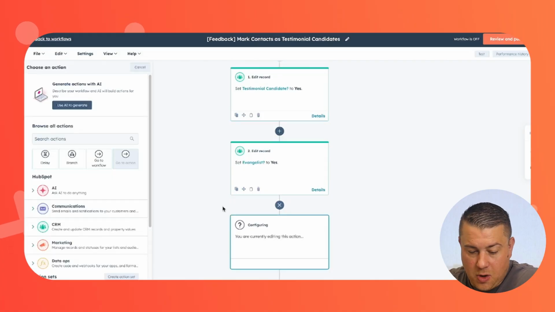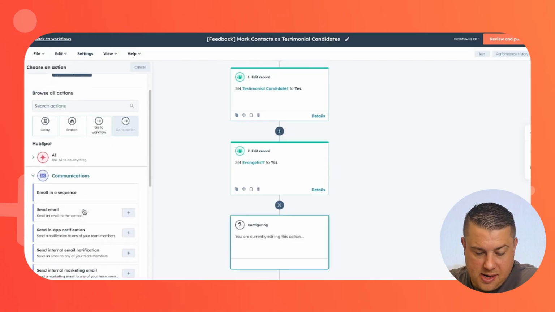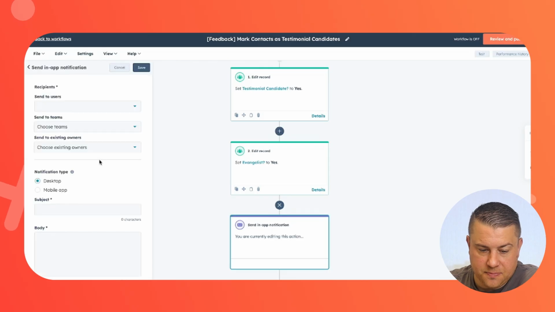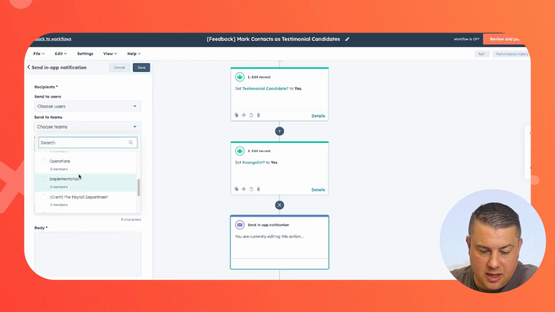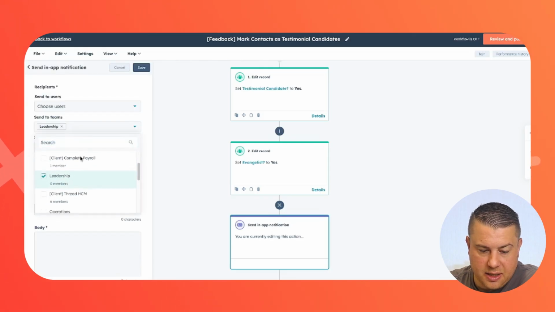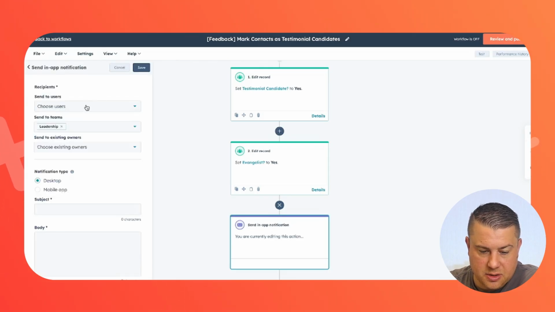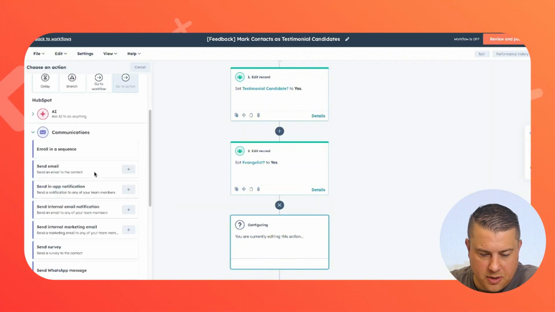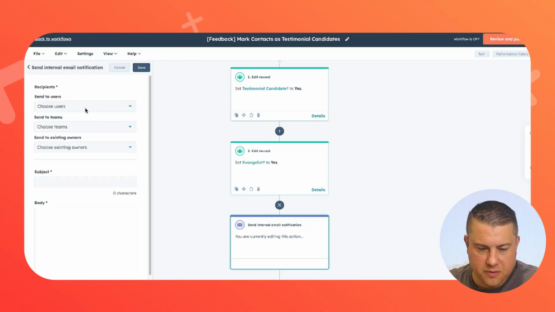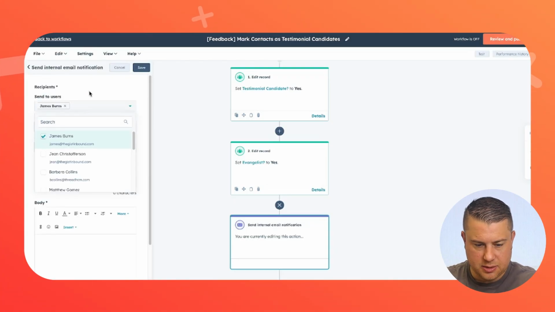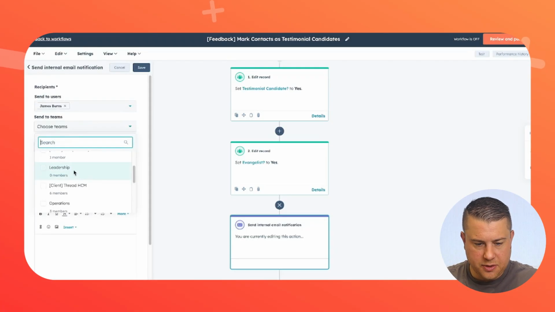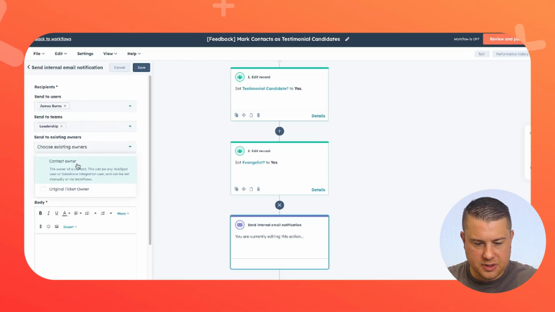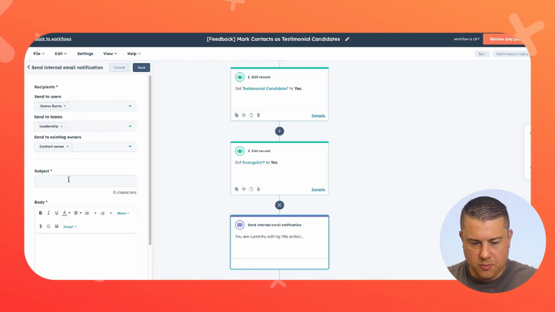The next thing that we're going to want to do is let's create an internal notification. Maybe you want to send this to your marketing team or whoever you want it to be. Just say leadership here. We'll also send it to maybe James, who is responsible for aggregating the testimonials, and maybe we'll also notify the contact owner. Oops, that was an in-app notification. I want an internal email notification. So we'll send it to James, we'll send it to the leadership team, and we'll send it to the contact owner, and we'll say,